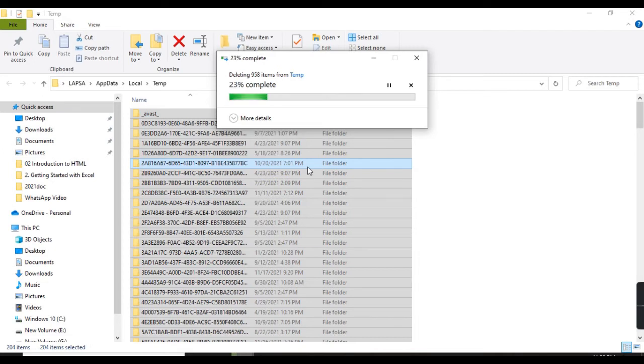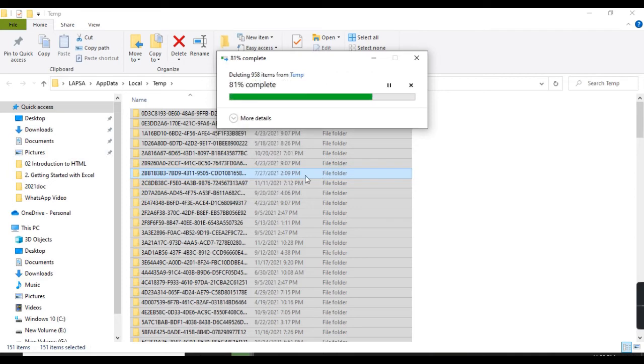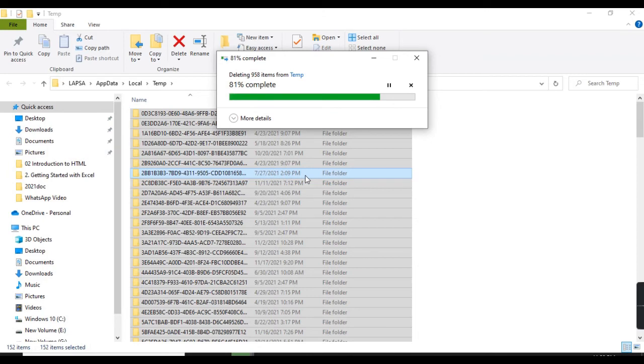Then move on, allow the system to complete the work. The ones that do not accept deletion, that's okay, there's no problem. Continue, allow the system to continue deleting, and within a few minutes everything will be over.